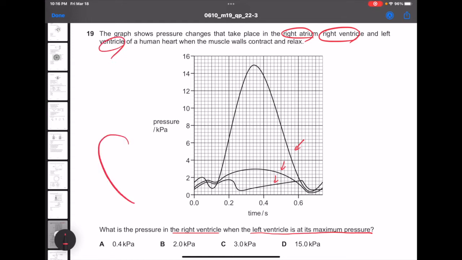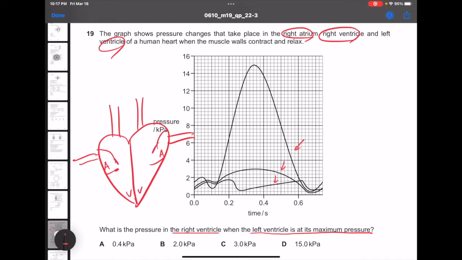So if you draw a heart, I love drawing hearts like this, and there are atria inside. So these are atria, these are ventricles, and of course there are valves like this, and there are semilunar valves here as well. So this is the right side and it's the left side, and obviously when the blood goes into the atrium and then travels from the atrium to the ventricle, the pressure